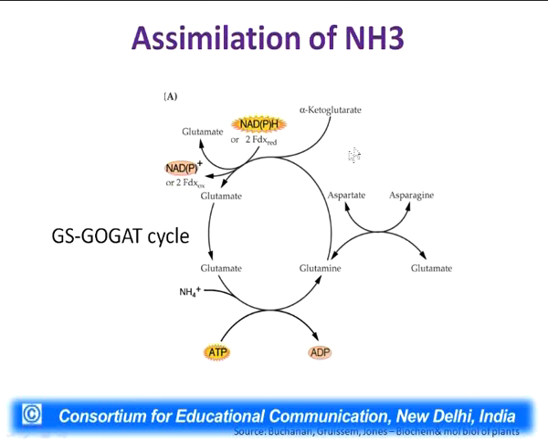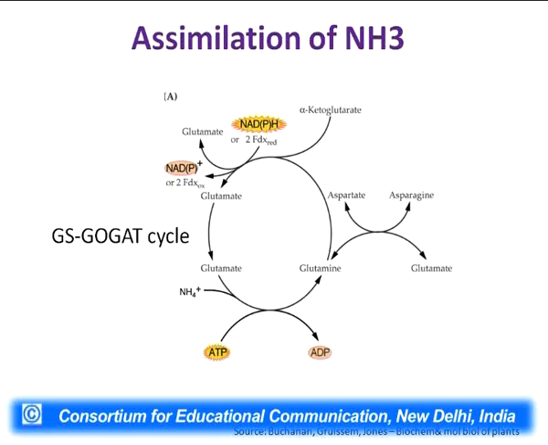This is again the same cycle, written in a relatively easier way. Glutamate is the recipient, and it converts into glutamine. This glutamine can convert back to glutamate with the help of asparagine to aspartate, or it can react with oxoglutarate to form glutamate again. This is how the nitrogen which is converted into ammonia gets into an organic molecule.